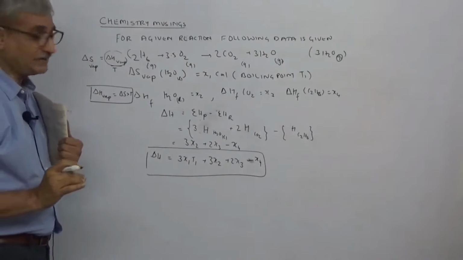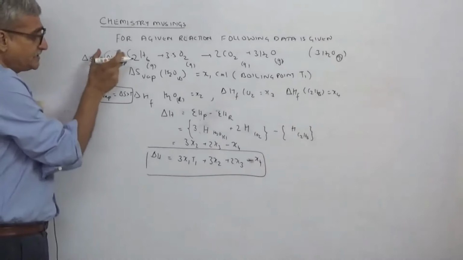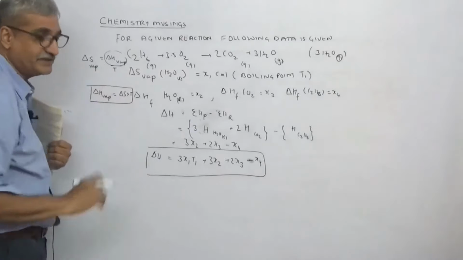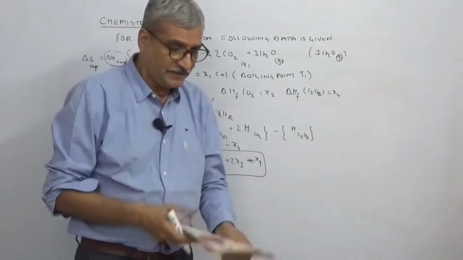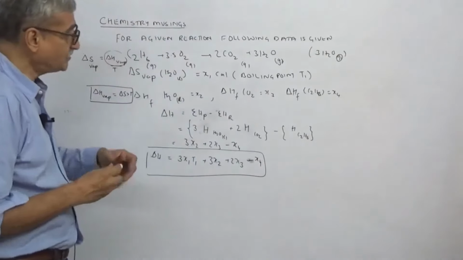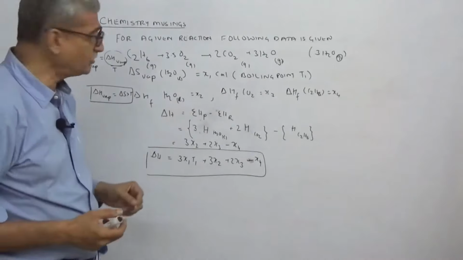How do we add the enthalpy of vaporization? They have given delta S, the entropy change. The enthalpy change at that given temperature, cross multiply, so we get this. See how they have connected enthalpy and entropy. A very interesting question. That is why I introduced this. So this is how a normal 12th standard question can be twisted to make it tough.